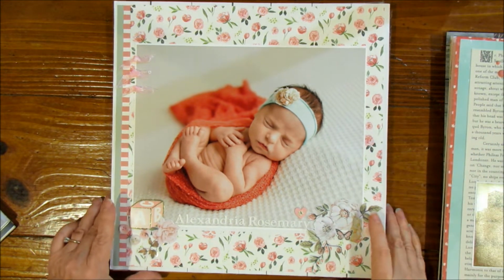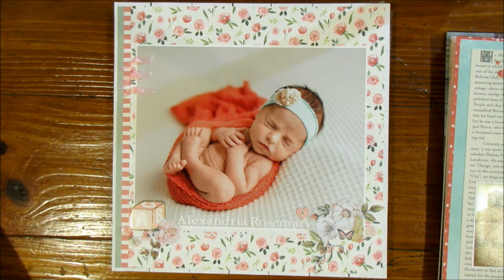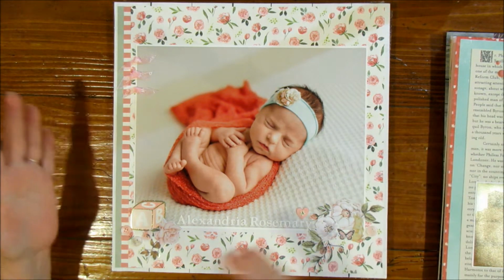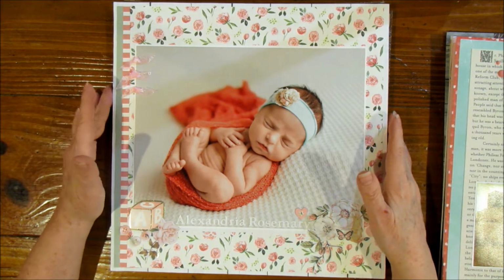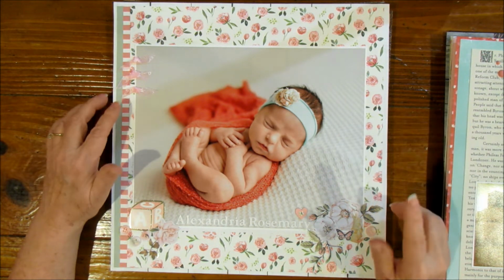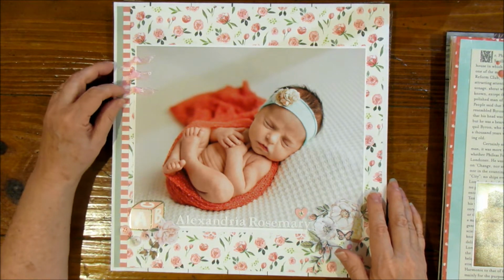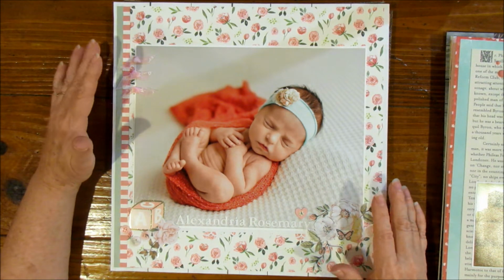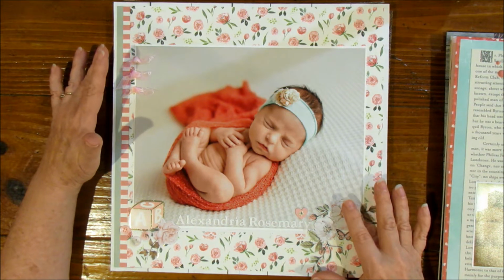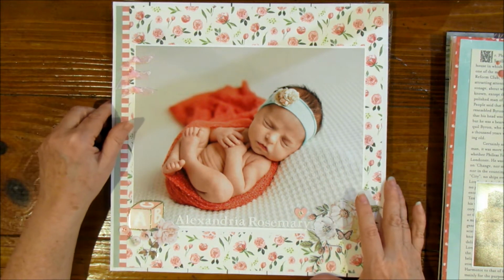Whenever I did a page for one of them that I was going to be doing a page for again, or the other child, then I tried to make them very similar. So this one here, they had their picture taken at a studio, and they said that she was the smallest baby that they ever took a picture of. I know she was right around 5 pounds when she was born, and